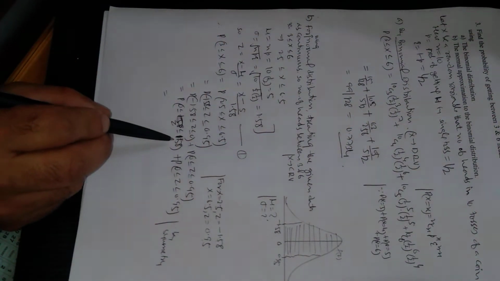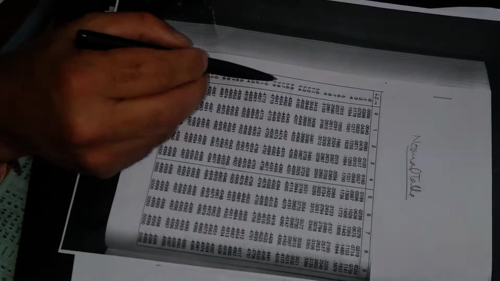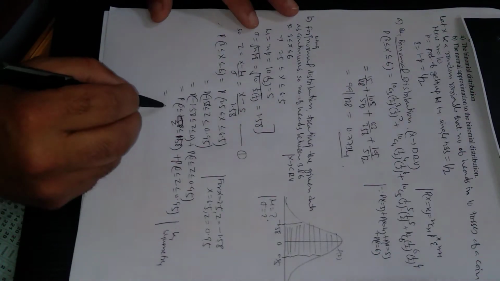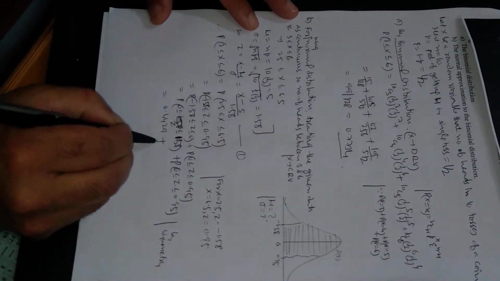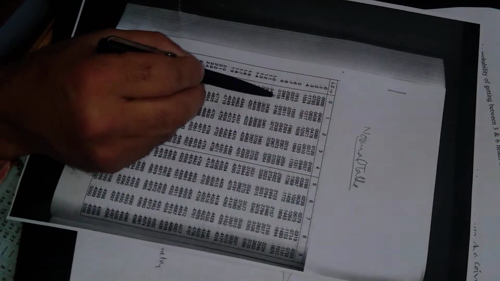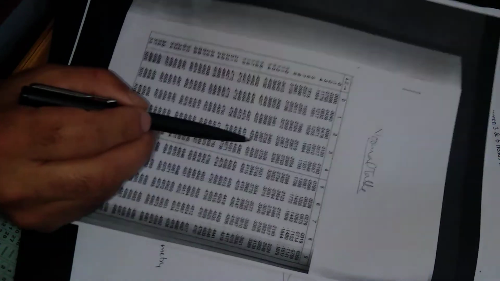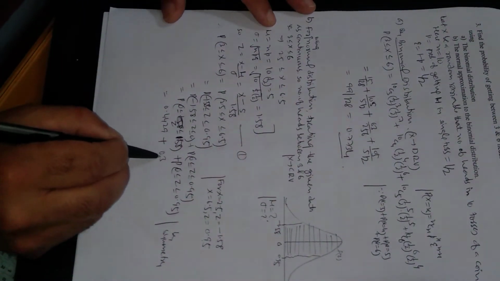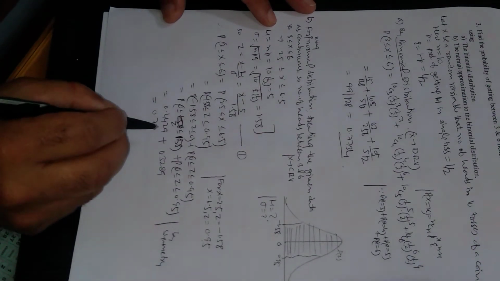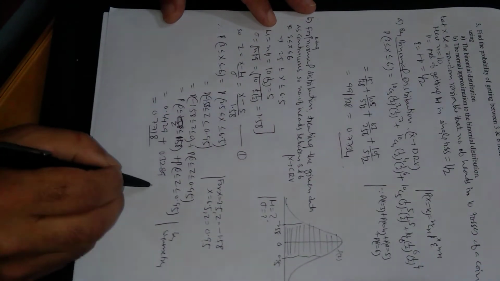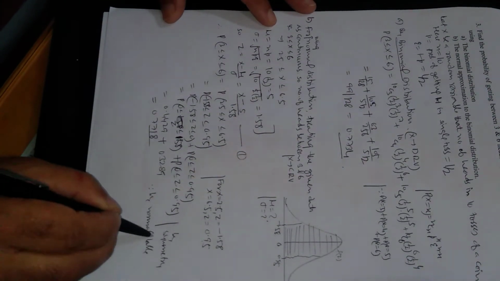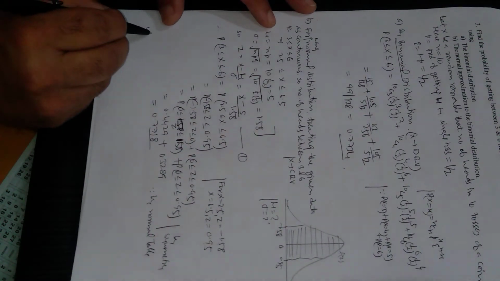First, the value in this case is 1.58, so go through the row 1.5 and below the column 8, this is 4429, that is 0.4429. Similarly the value in this case is 0.95, so go through the row 0.9 and below the column 5, 3289, this is 0.3289, which on adding will give 0.7718, by the normal table.